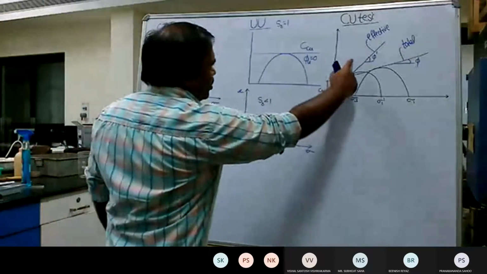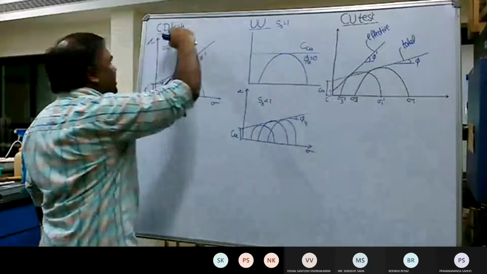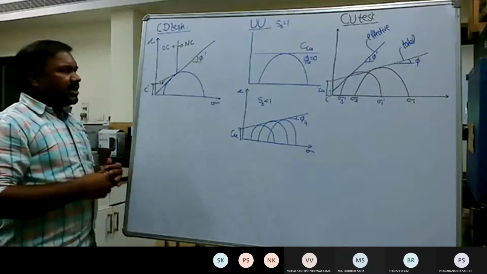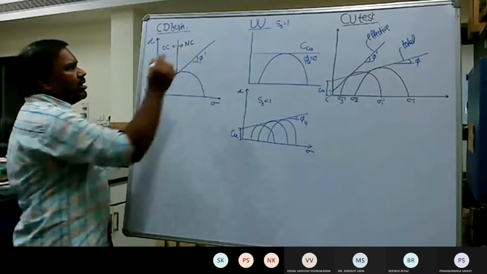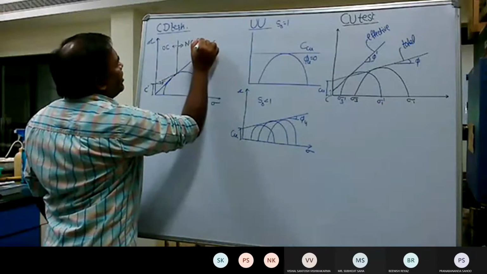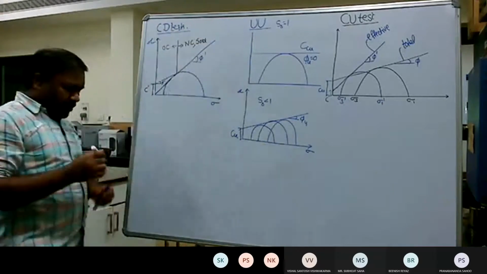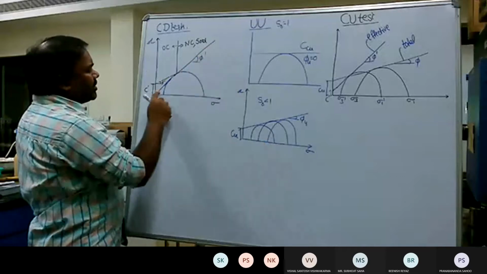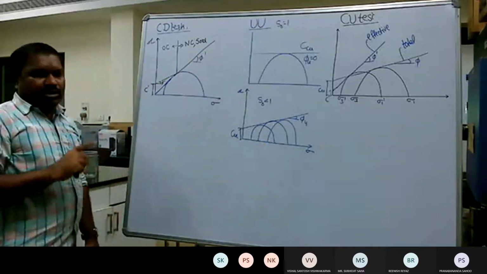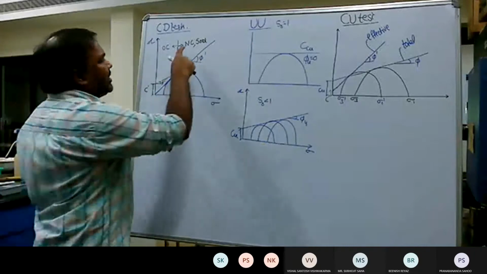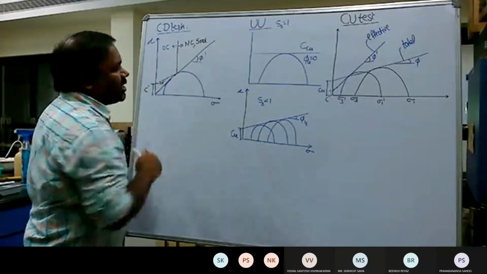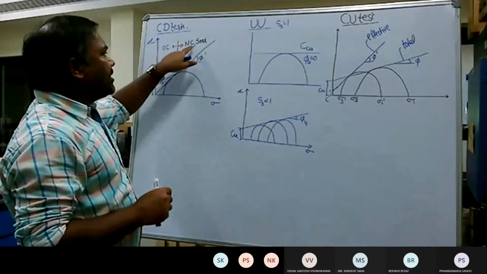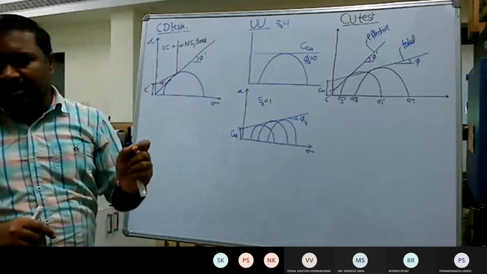Right. When the soil is transformed from CU to CD, the consolidated drained test, it depends on whether the sample is NC, normally consolidated, or overconsolidated, or, in the case of sand, either NC or sand. In these two cases, the Mohr-Coulomb failure envelope simply passes through the origin. That means no cohesion exists in the case of normally consolidated clay or sandy soil samples. Or the other way around, if you conduct any CD test on NC clay and sand, what you will get is only phi'. So c' is 0.